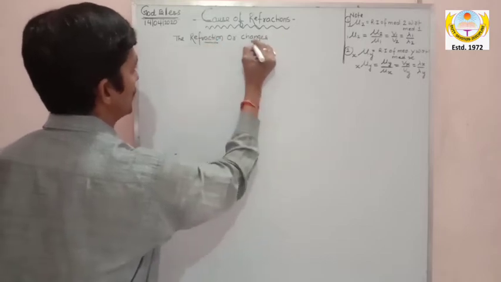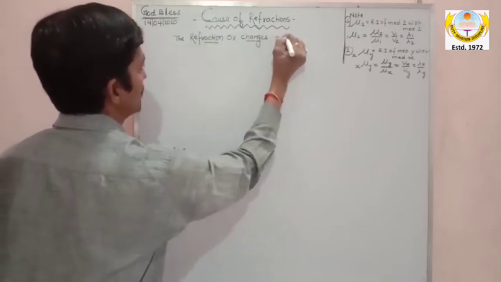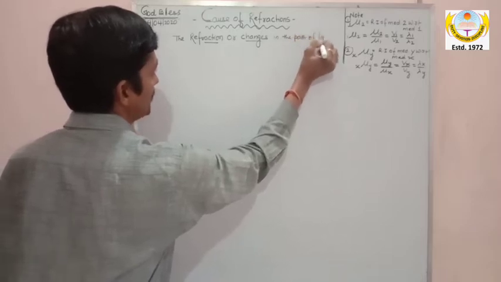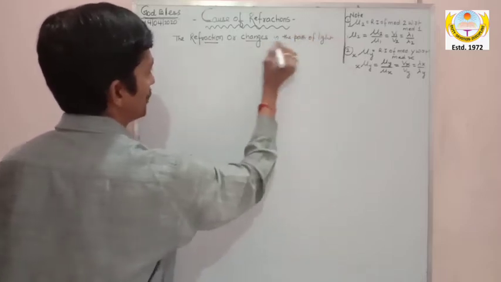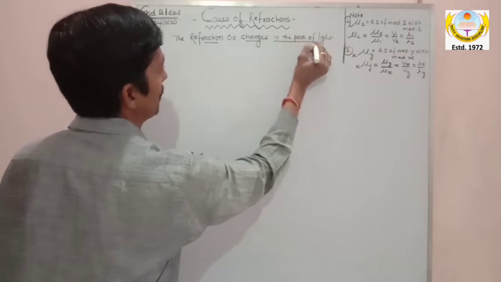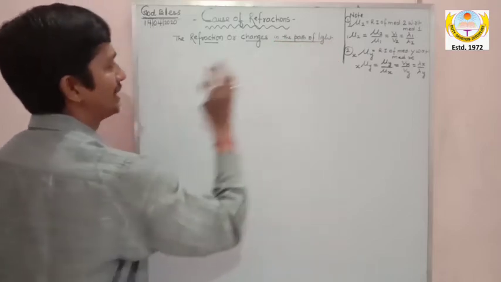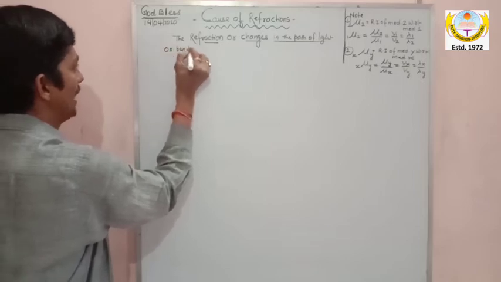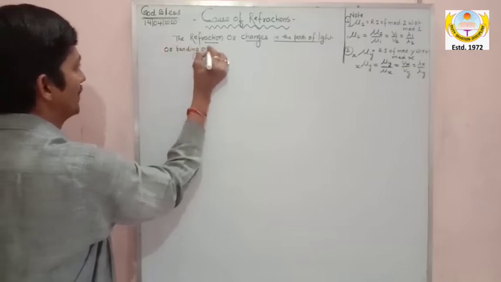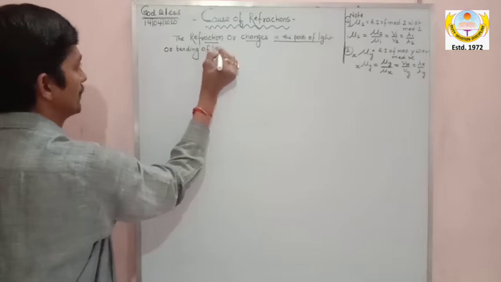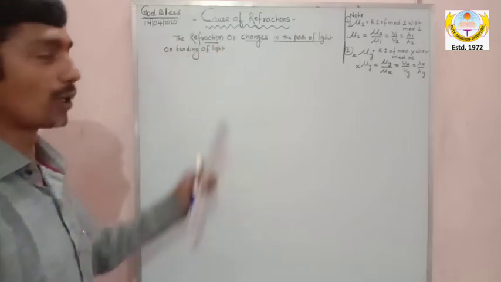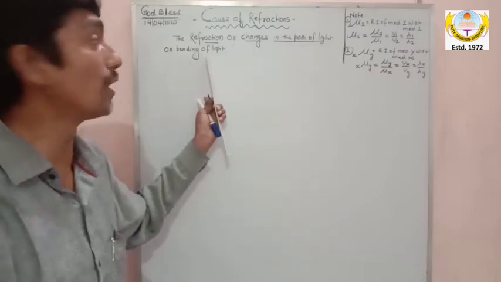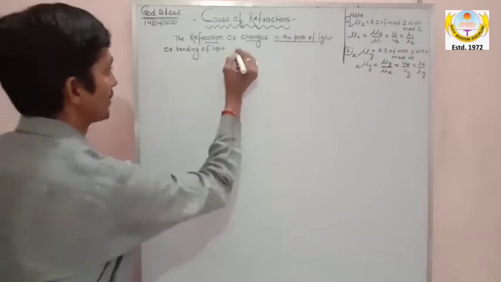Refraction is also called changes in the path of light. Refraction, or changes in the path of light, or bending of light, these are all the same thing. You can call it refraction, change in path of light, or bending of light,